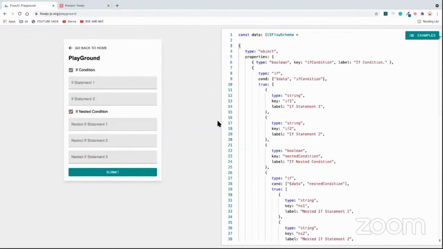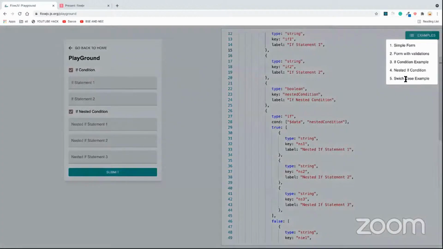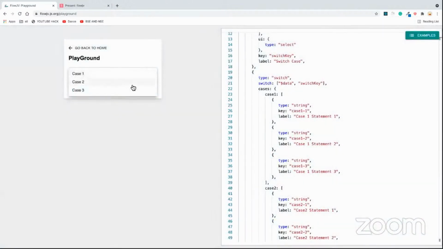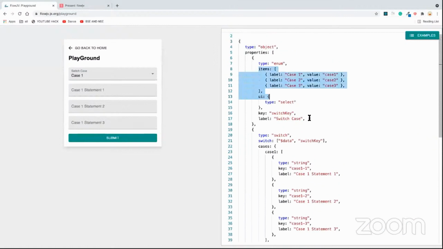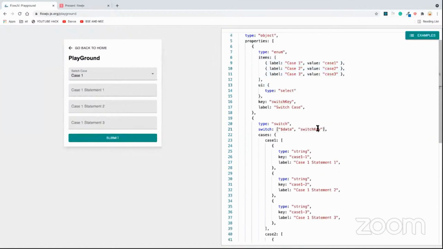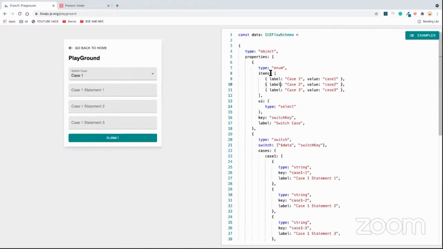So just like in programming languages where we go as complicated as possible, these are the basic constructs of FlowJV. Whether it is an if condition, switch case statements, or anything, you can go as complicated as possible. And then you've got something called switch case. As it sounds, it's simple. You define some value and then you can always switch it based on switch cases.